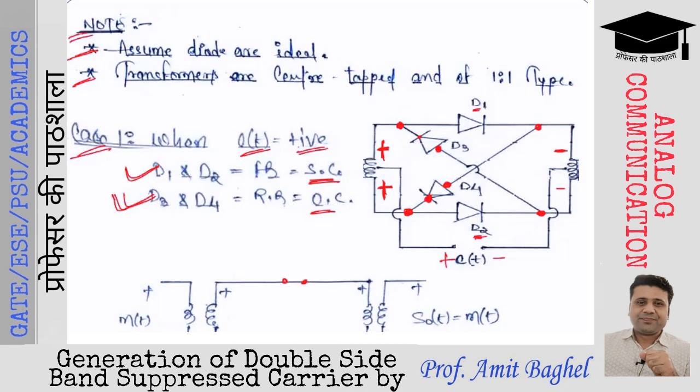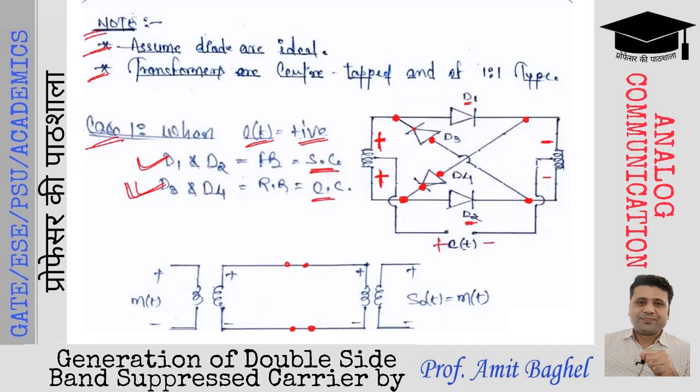This is the D2 which is also short circuited. And since D3 and D4 are open circuited, there is no current flowing through them. So when MT is applied, this MT will couple with the help of transformer coupling, and this MT will reflect at the primary winding of the secondary